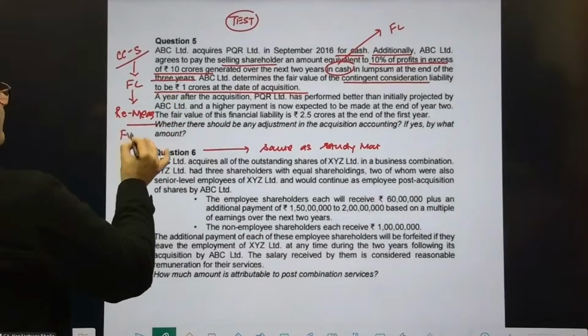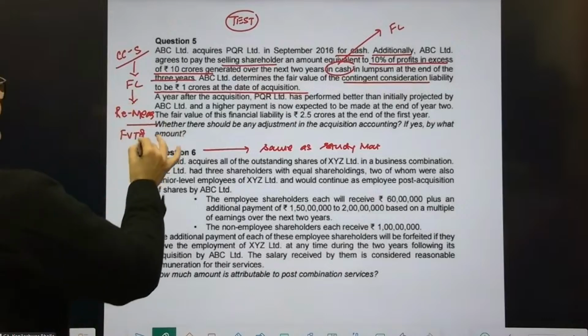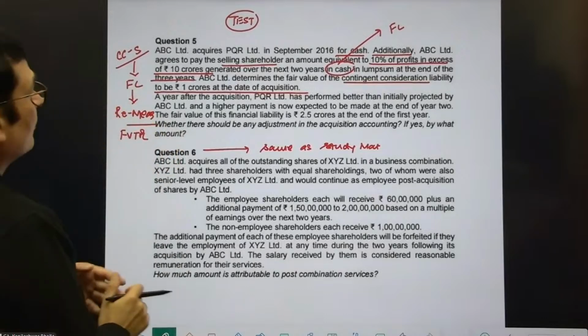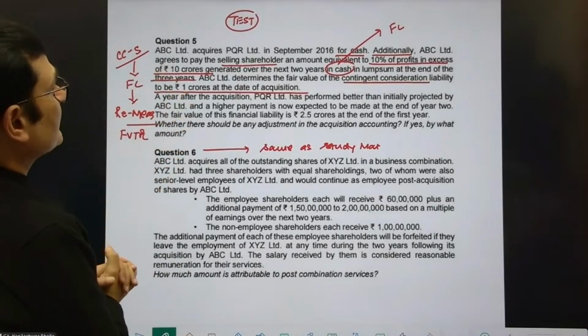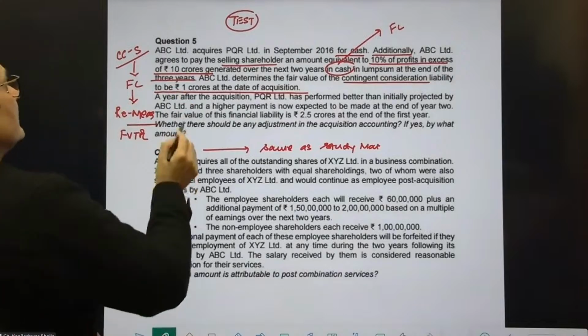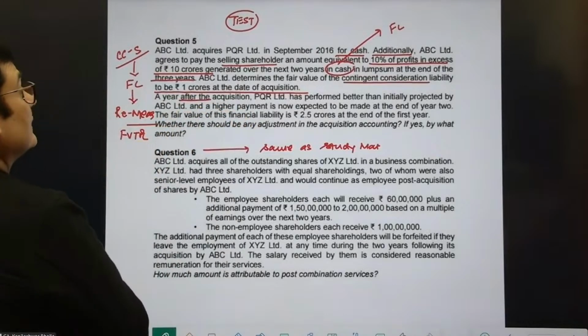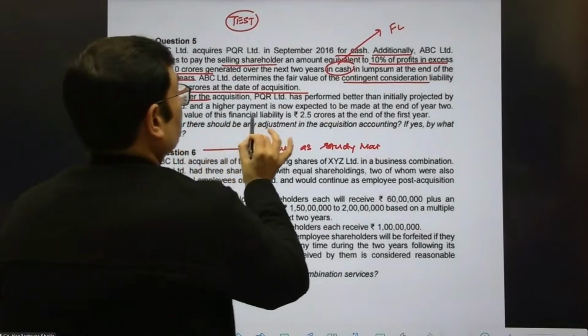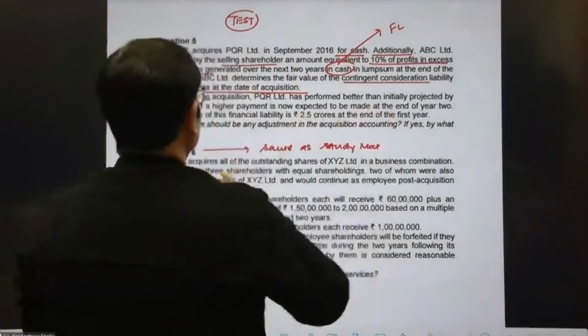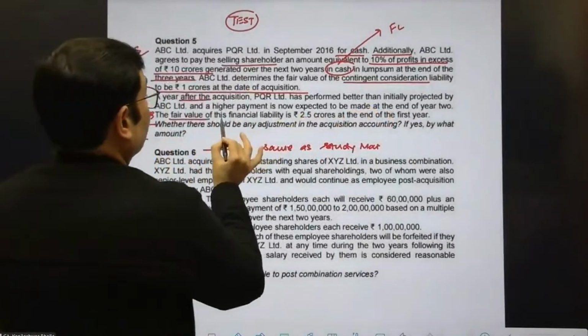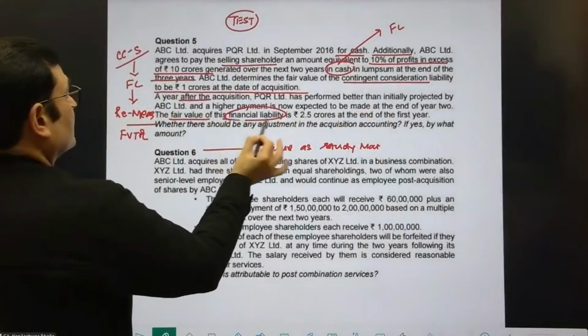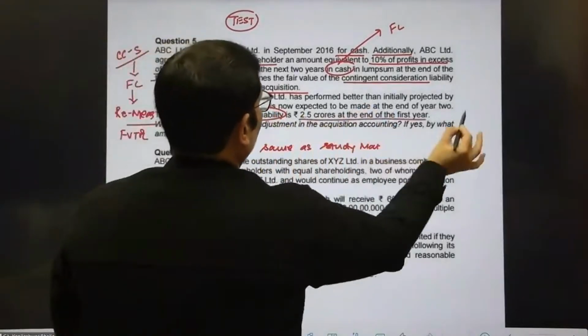Yes, FPTPL would apply. Wonderful indeed. That's great. So on the date of acquisition, you'll take 1 crore as a part of the PC. Then he says, a year after the acquisition, the company performed better than initially projected. A higher payment is now expected at the end. The fair value of this financial liability is already given, you know it's a financial liability, 2.5 crores at the